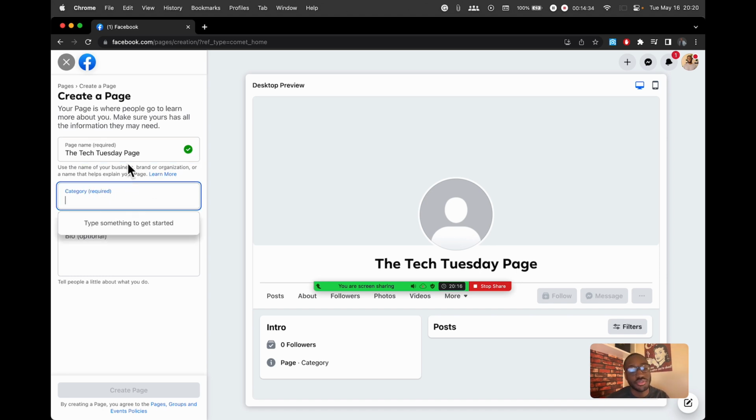This is Facebook asking you what category your page fits under. This is fairly important because all of these social media platforms, including Google, YouTube, Facebook, Instagram, Twitter, you name it, they all work based off of people's interests, what people are liking, what people are searching in the search bar.